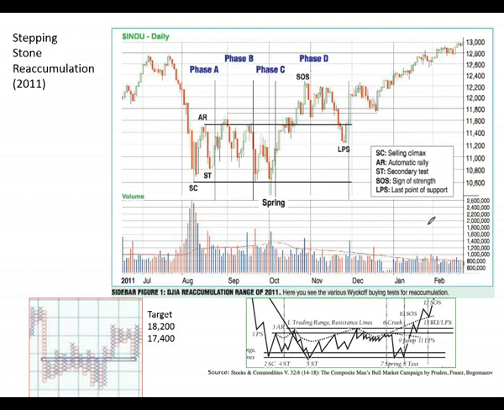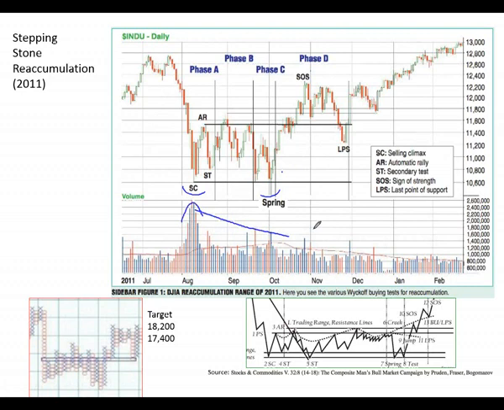it already has a dramatic sign of strength where it jumps. Some people consider this to be a mini bear market, and so the break that we had, which culminated in a selling climax and an automatic rally, is a pretty dramatic decline, and the volume is very high. And then you have a really nice spring that comes over in October,